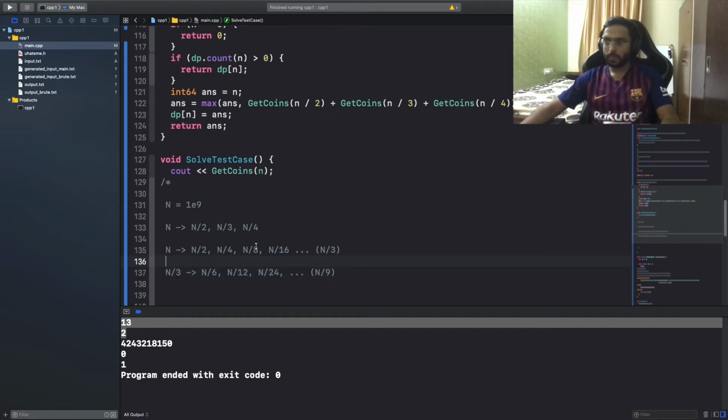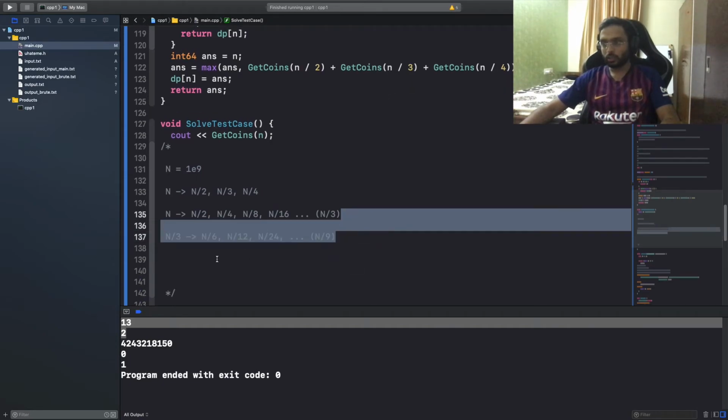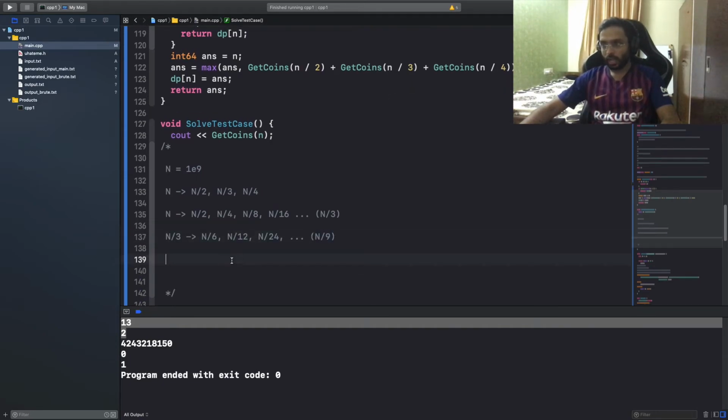If we look a little closely over here, for n by 9 we would end up solving for n by 18, n by 36, and we would again get a value of n by 27.